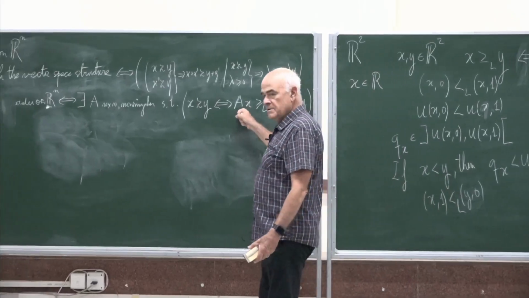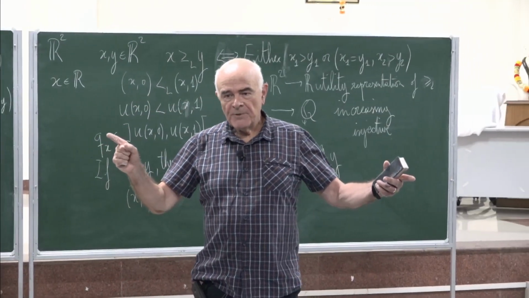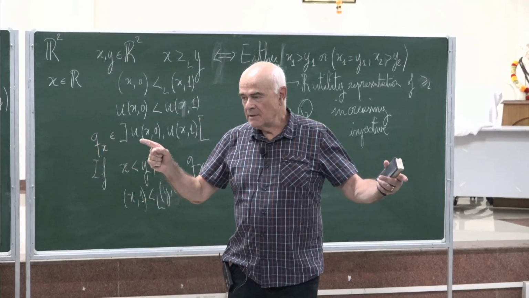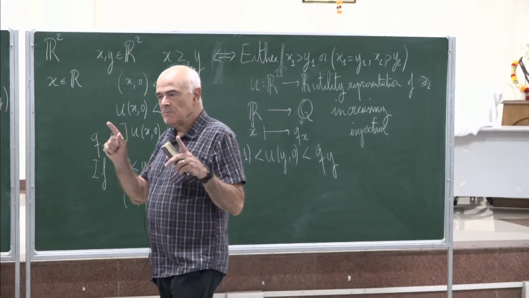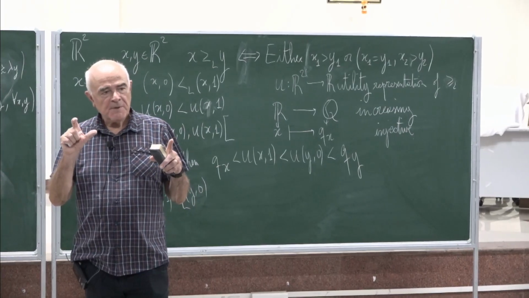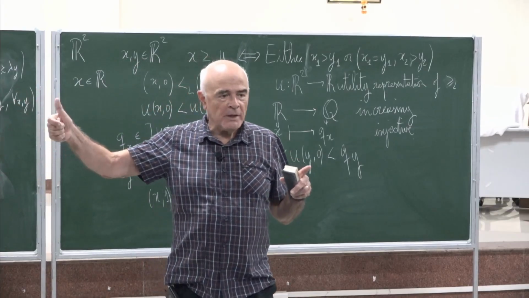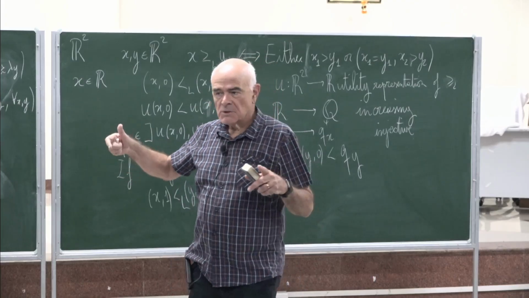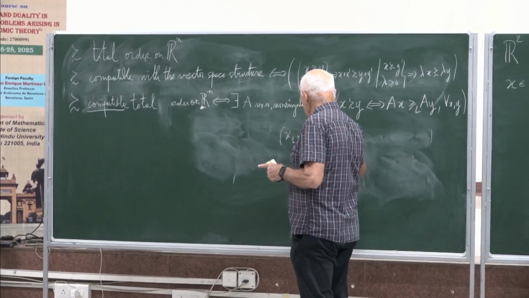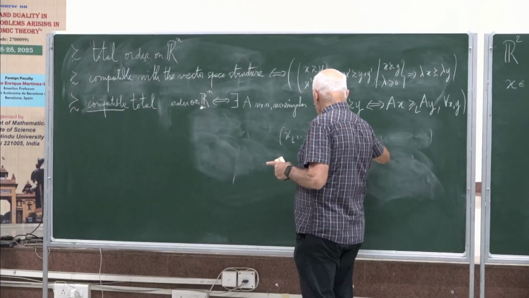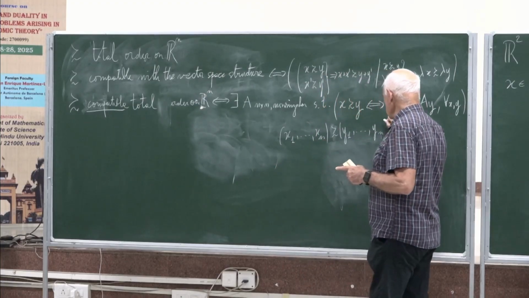But suppose A is singular, then the range is not the whole of Rn, and then let's say the range after another isomorphism is the space for which the last n minus k components are equal to 0. So this means that the preorder is given by x1 to xn preferred to y1 to yn